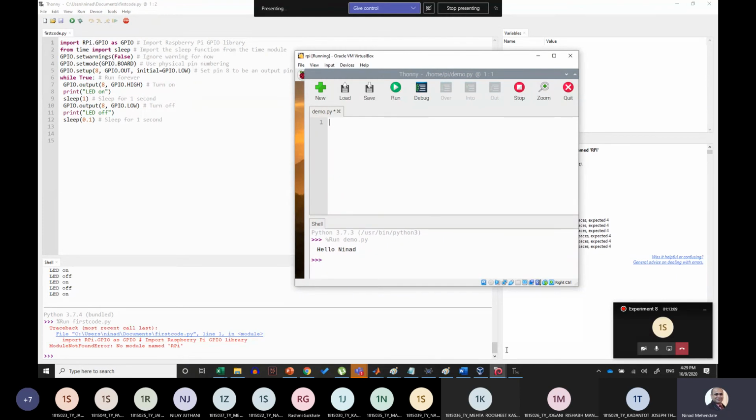And for the second one, you have to run this command so that you start seeing LED on, LED off here in the VirtualBox. That is very important. I don't want you to do it on a Windows machine. I want you to learn how to simulate the Raspberry Pi OS inside Windows. So you have to download, do all the procedures, run the VirtualBox, then type the code here and then run. Okay, and that's it. This is the end of the experiment.